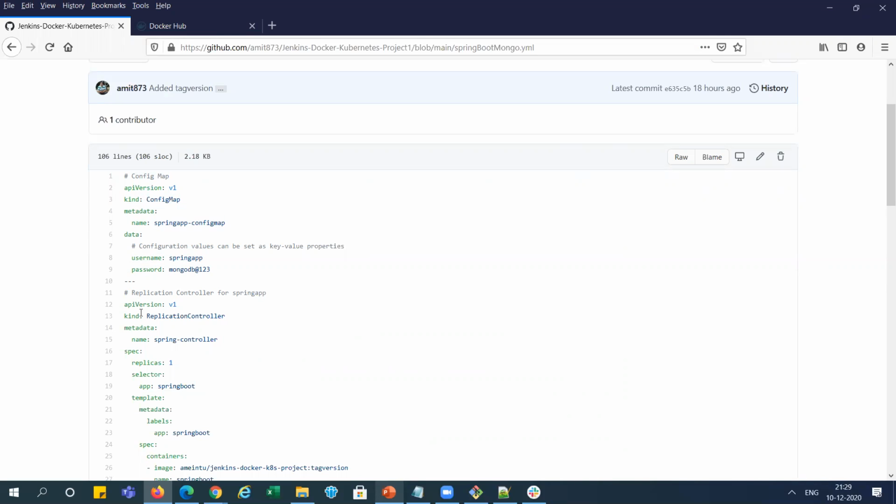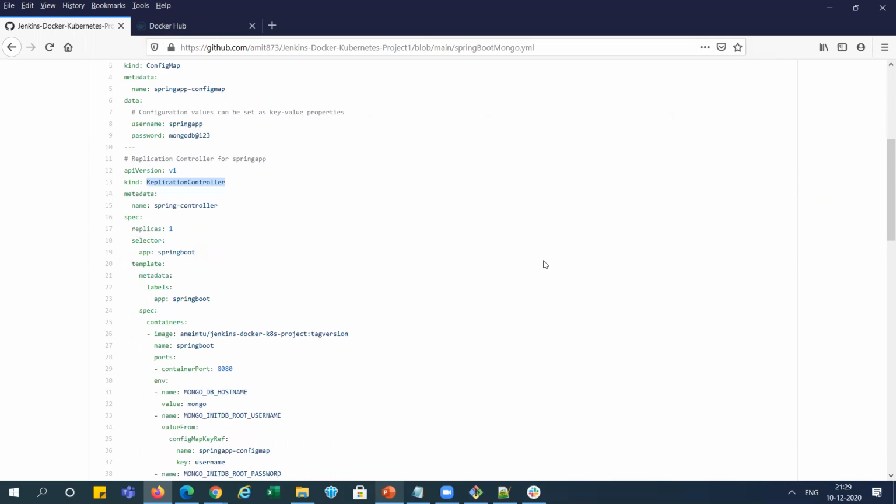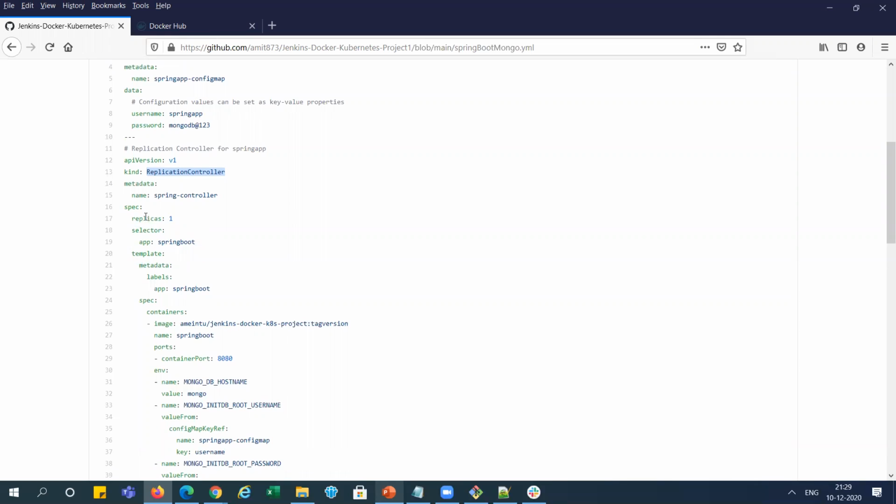So after that, it creates the replication controller over there, and this is the replication controller. And I told you earlier in the last video, Kubernetes works on API version, kind, metadata, and spec. Four major features are there. This is the thing, right? So kind is ReplicationController. And you can see the number of replicas is one, which means it will create only one pod for this. If we increase the replicas to 3, then it will create 3 pods,